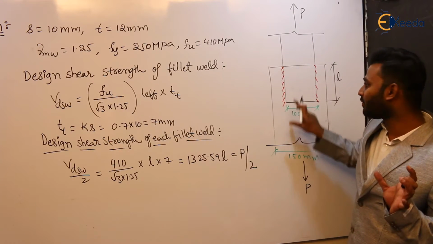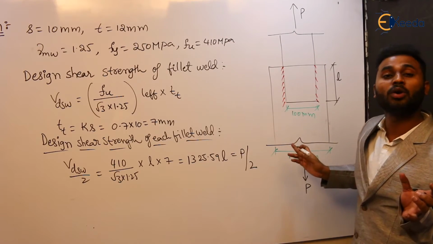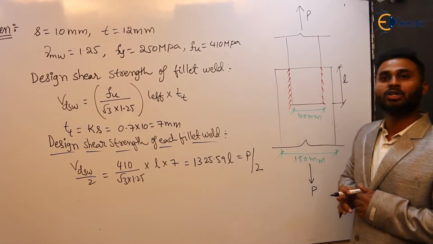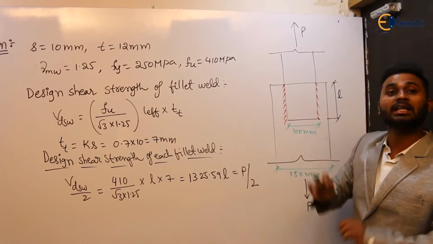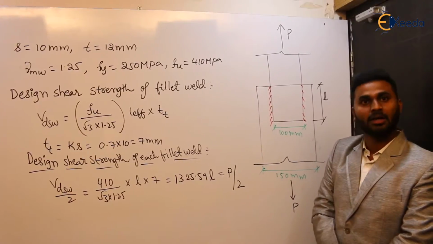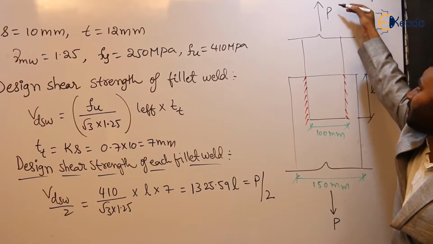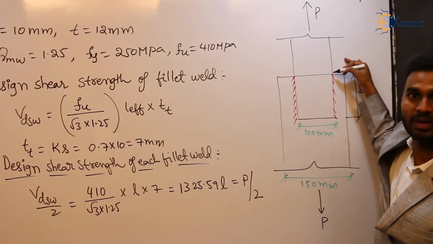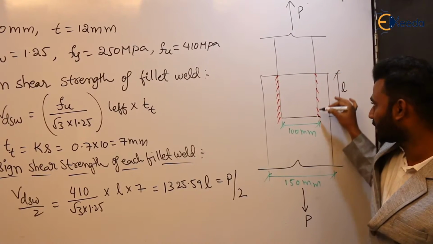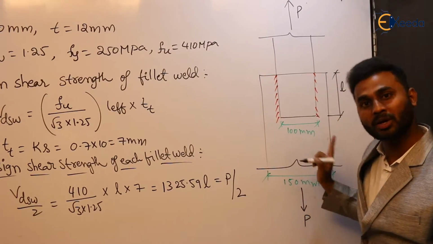In between, the weld will take the load, but at the initial and final ends, the load P has to be taken by the plate itself. Which load is it? Tension load. So by calculating the tensile strength of that plate, we can find out P. You're getting the point or not? The P from here to here has to be taken by the plate itself. After that, the weld starts taking the load and it is transferred to this member. In this way, the load is transferred from one plate to the other plate.